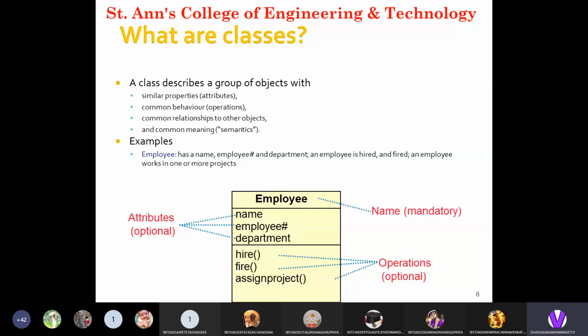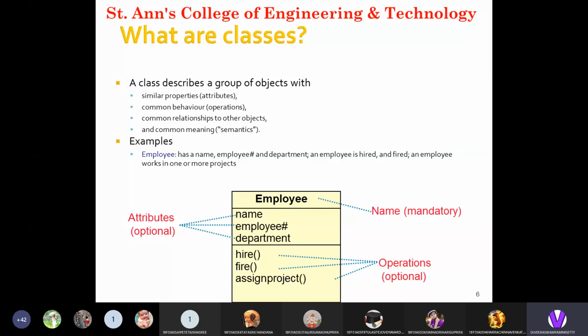So these are the four things. A class can be implemented using one or more interfaces, and a class can be rendered as a rectangle with three compartments. The first compartment shows the class name, the second shows the attribute names, and the third shows the operations. These are the notations we have to follow in a class.